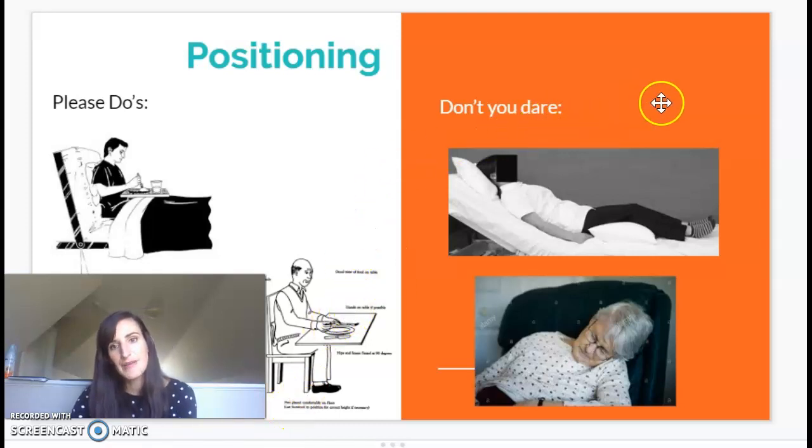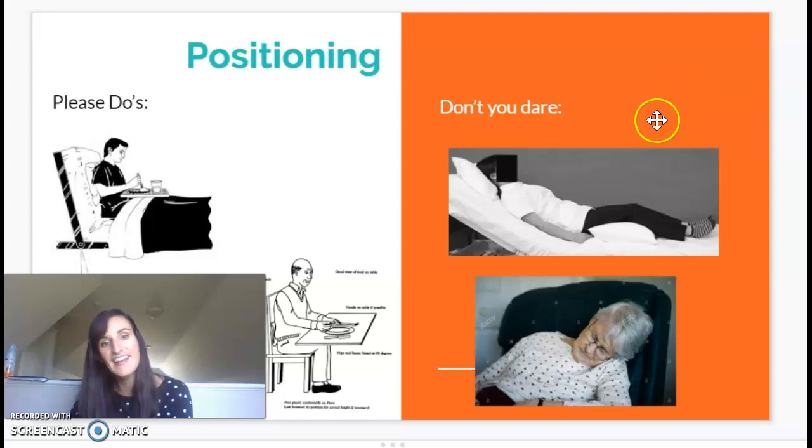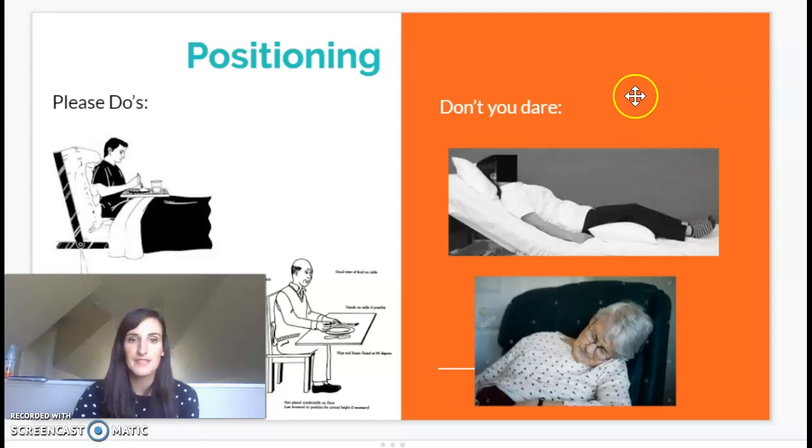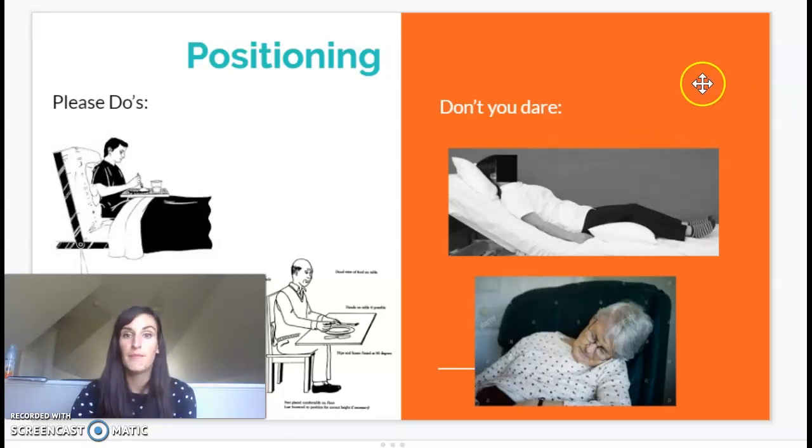And then you see my don't you dares, right? So there are always times that we have to make do. But if at all possible, try to get the patient's head of that bed up. So times when it wouldn't be okay to get the patient's head of the bed,